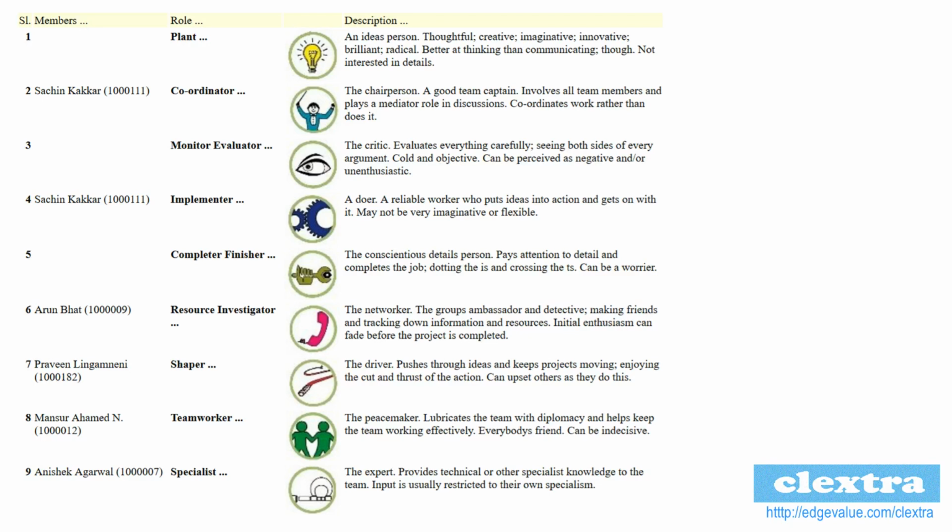For example, if you have to lay a foundation and there is rock under the ground, you would need a specialist who can cut the rock, eliminate that, and take that out of there. So you might not need that if you're building it on softer ground. So there are 9 roles in Belbin, but all of them are not required. But there are different combinations and different quantities of each to form a team.